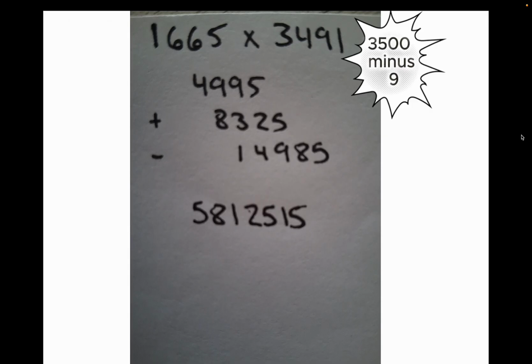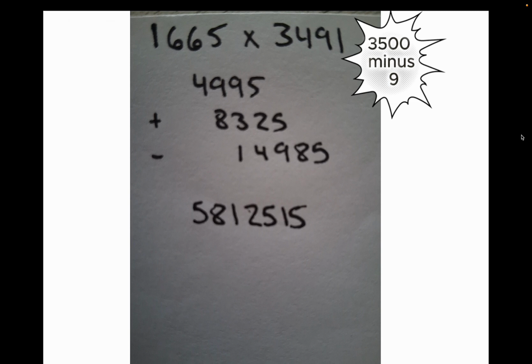Now, rather than working with the 491, I'm going to turn that into a 500 and a minus 9. So I'm going to take the 5, multiply it by 1665, and come up with 8325, and then take the minus 9, multiply that by 1665, which is 14985, and now I add in the zeros at the end of the numbers, and complete the question and come up with